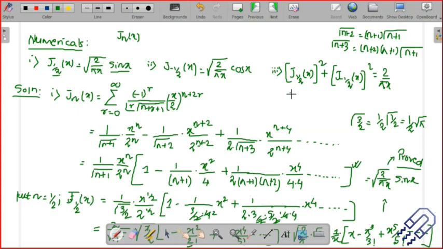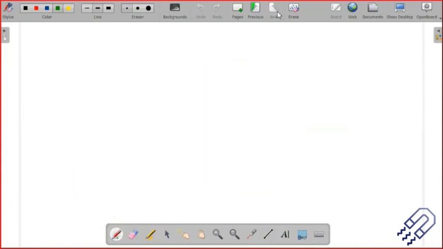Yes, sir. Okay, good. So let's go for a new sum. Okay, let's take one more example. There are so many sums to solve using this. So you have to just take care that you do it correctly. Probably one of your assignment questions will be from here. Okay, prove that